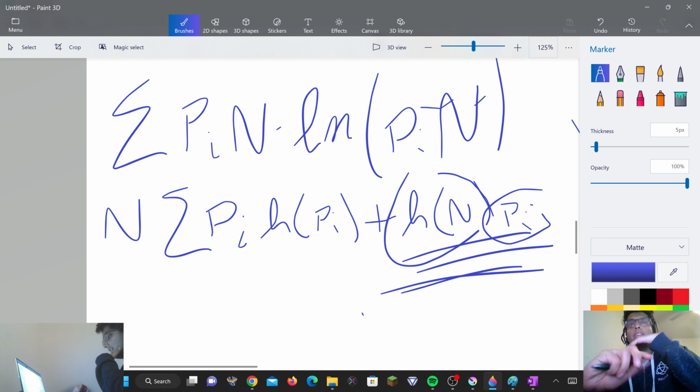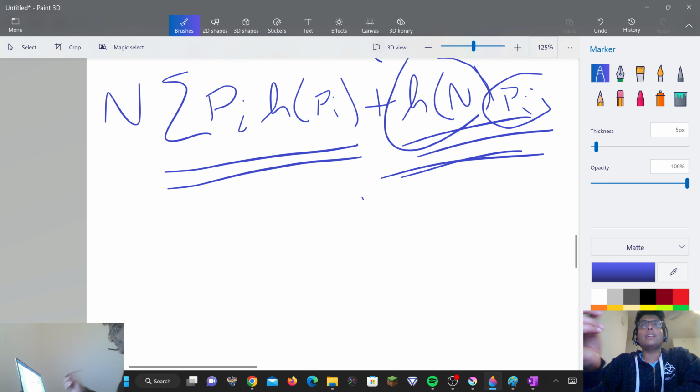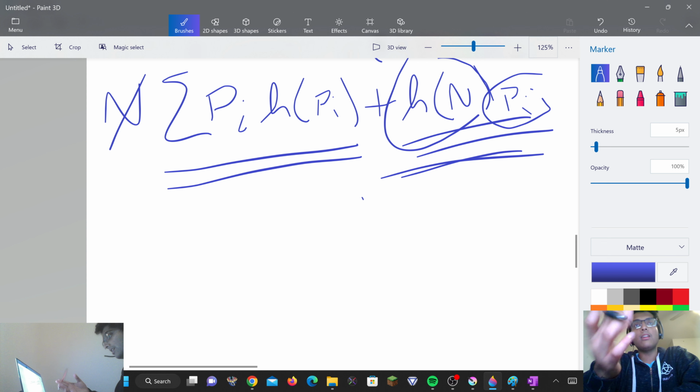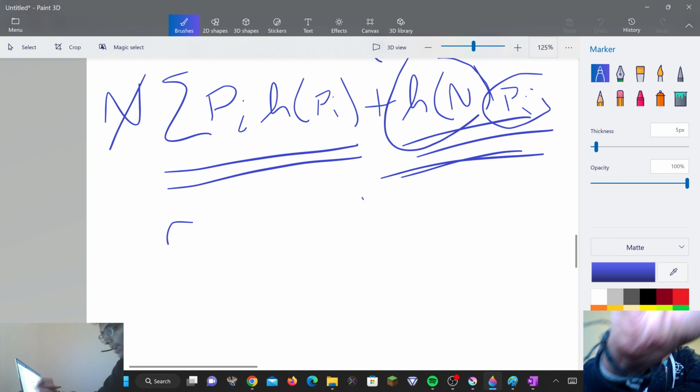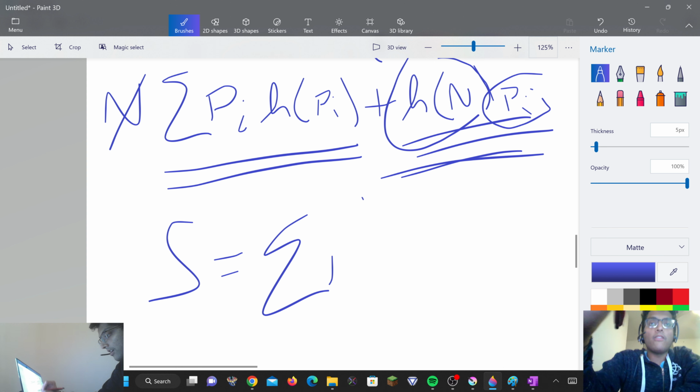It's just the natural log of N. So when we talk about things that vary with our probability distribution, this is just a constant. We don't need to worry about maximizing that. This is what we need to maximize. And in the same vein, the leading N doesn't matter for us either, because N is going to be constant regardless of the distribution. So the function for entropy that we need to maximize is the summation of the discrete probabilities